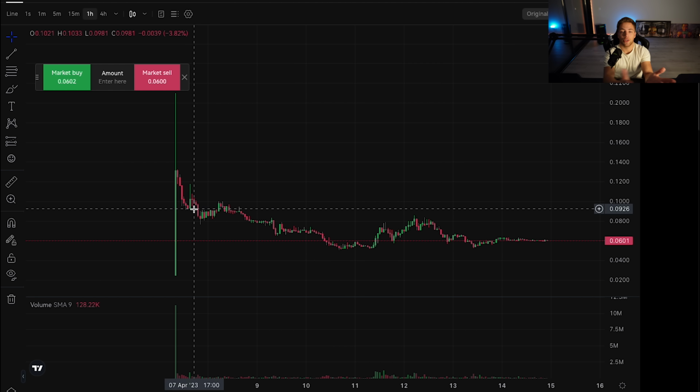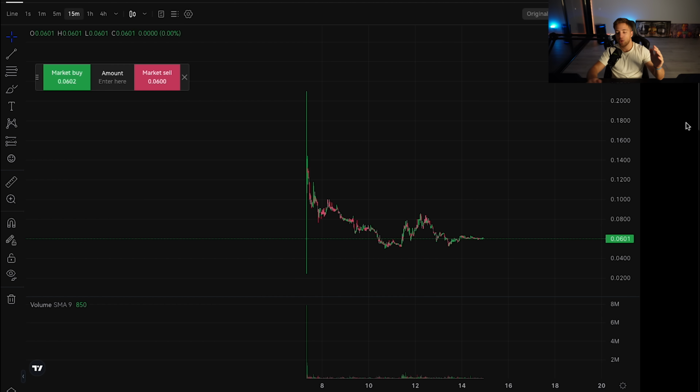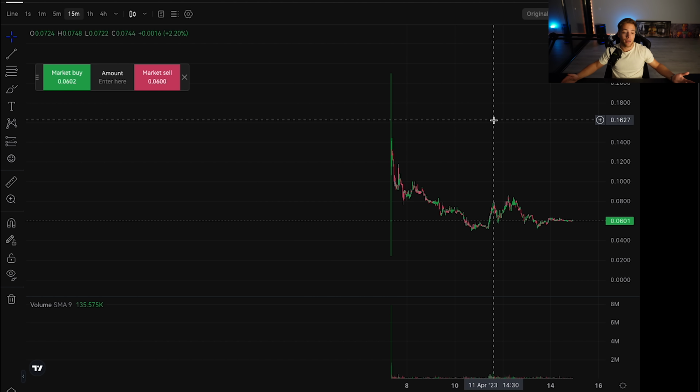I call it the initial dump, the dump caused by people who only wanted to take profits from the IDO, on this initial pump. But once again, you need to feel the market. You need to know what you are doing. This is risky, and this is very individual for each project. You need to understand the situation of the project, because sometimes, even on exchanges like OKX, if the projects are not going to continue marketing,